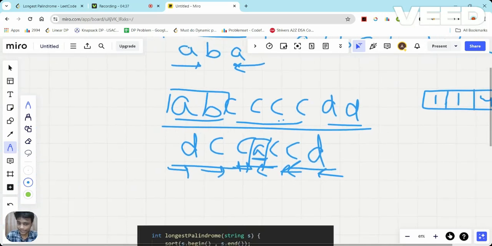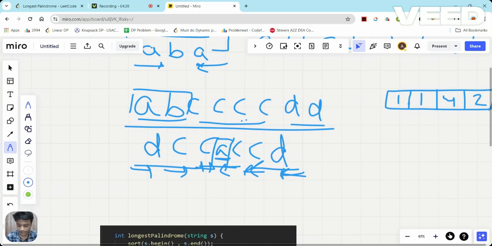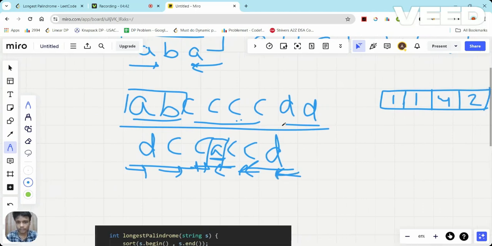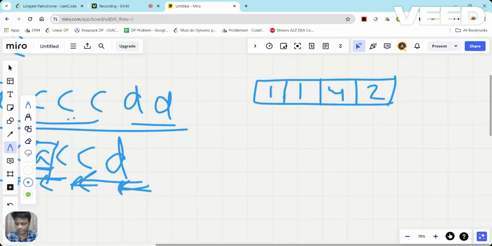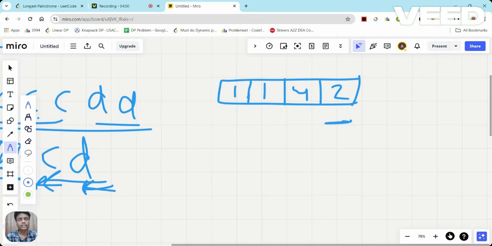From the example I get to know that if the frequency is even, it will always be considered in a palindrome, right? As you can see, the frequency here is 2. I can absolutely use it in a palindrome. You can see the frequency of C is 4.